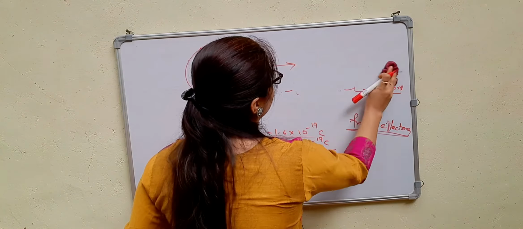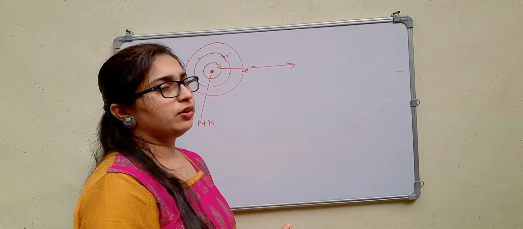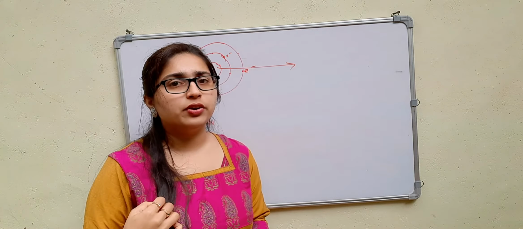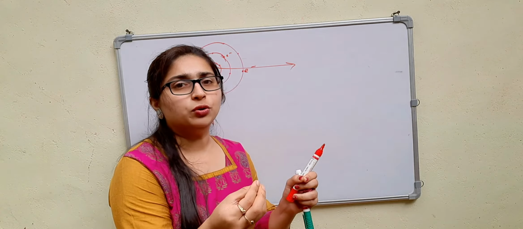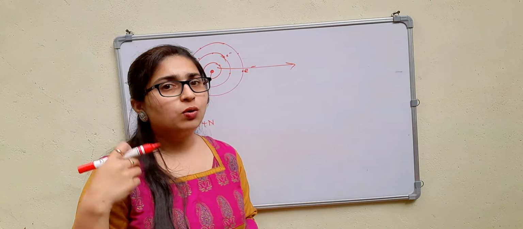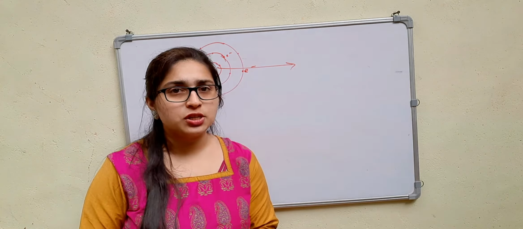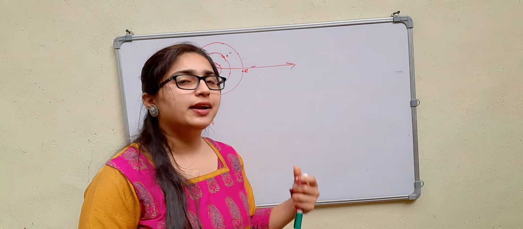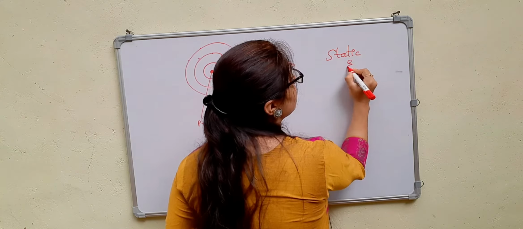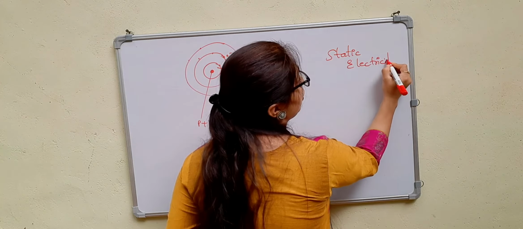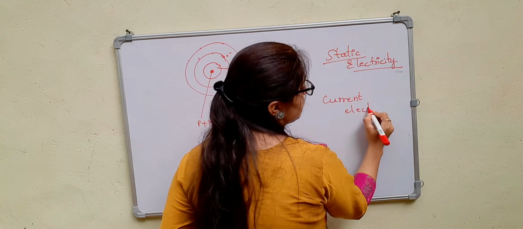Consider an example: you are combing your dry hair. After combing your dry hair, bring that comb near pieces of paper. Then you can see that they stick to your comb, right? That's because your comb becomes charged. There is friction, like a rubbing action going on, so they get attracted. That is the concept of static electricity. Here the charges do not move but stay on the surface. And there is a concept of current electricity where the charges move.